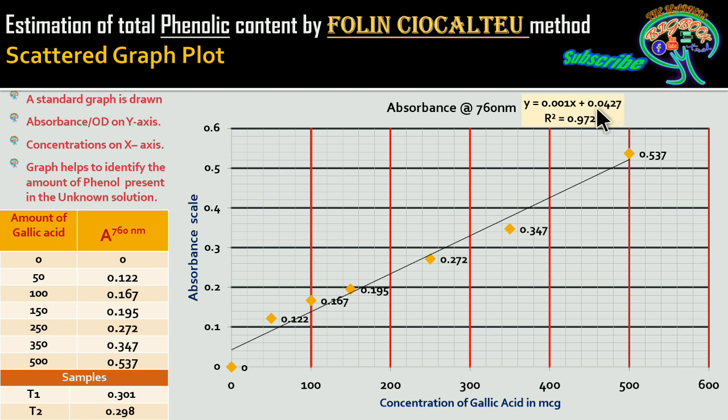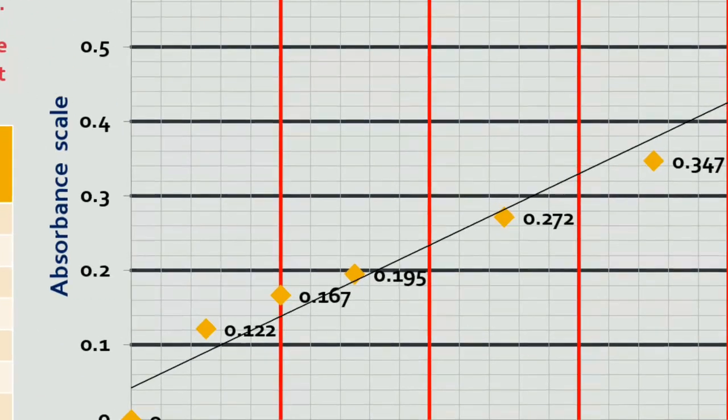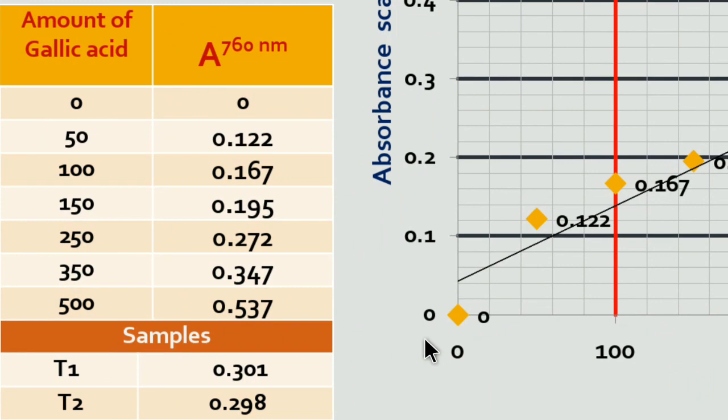Now this particular b is the y-intercept which is going to fall here. When you consider this y-intercept value, it will be 0.0427. Here this is the 0.1. Below this, whatever values you are going to measure from 0, it will be 0.0. It is going to start from 0.01. Now when you consider, there are around 5 divisions.